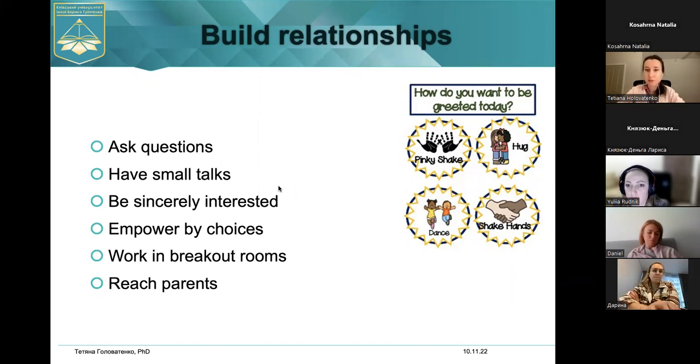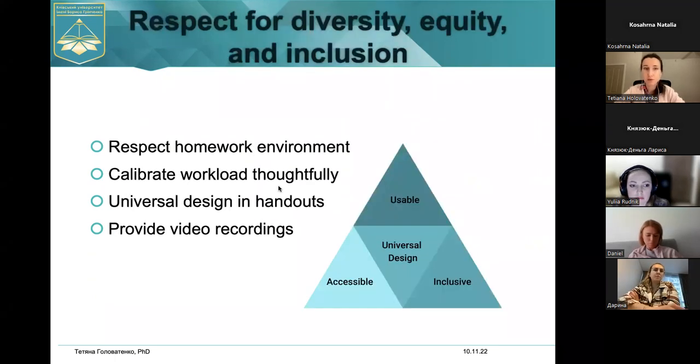Then the next principle is respect for diversity, equity, and inclusion. So first, I would suggest respecting the home environment of your students. Some students might zoom in to your lessons from really unexpected home environments because they are in a dangerous or relatively dangerous place, or they do not feel secure staying where their working space is because, for example, it's next to a window.